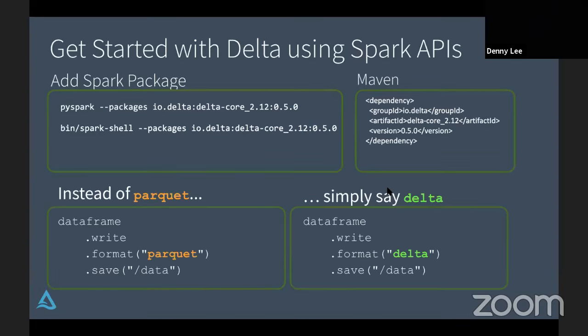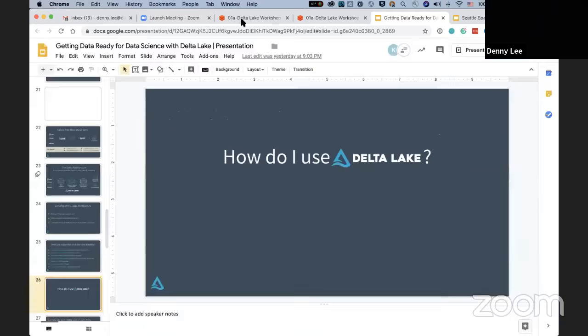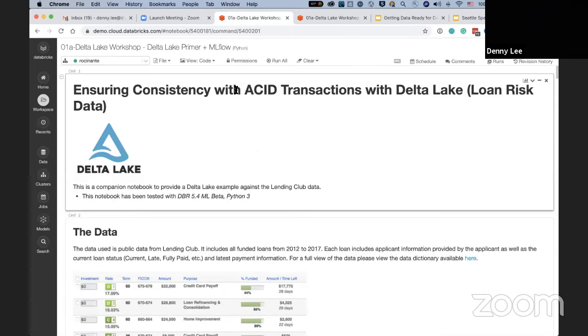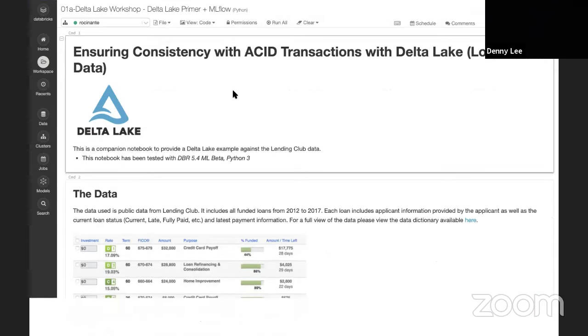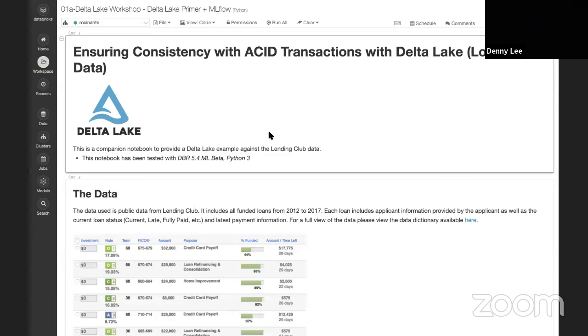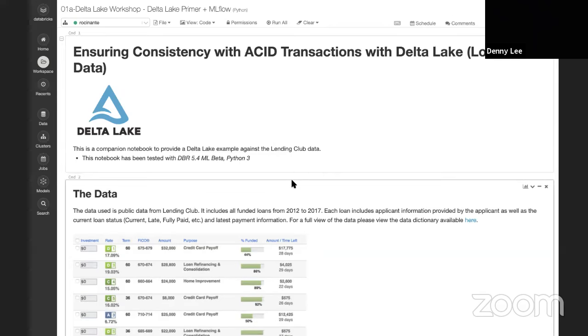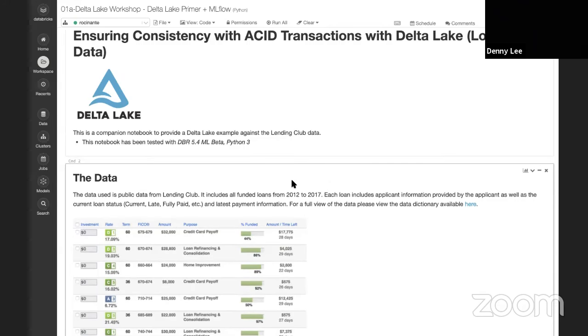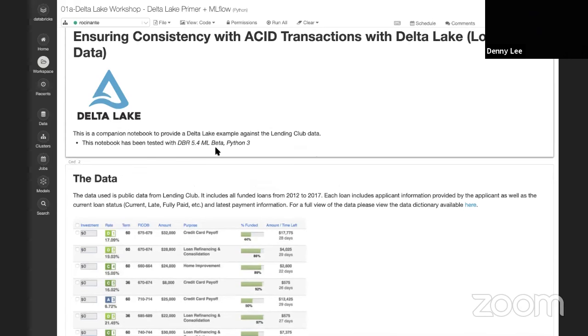Okay, so give me a second. All right, perfect. So here's a notebook, by the way. And this notebook will be available for you to download and use yourself. Okay, so you can use it on Databricks Community Edition, so you don't need to purchase Databricks to do this. It is a Databricks notebook, but you can use the free DBC. I even call that out here.